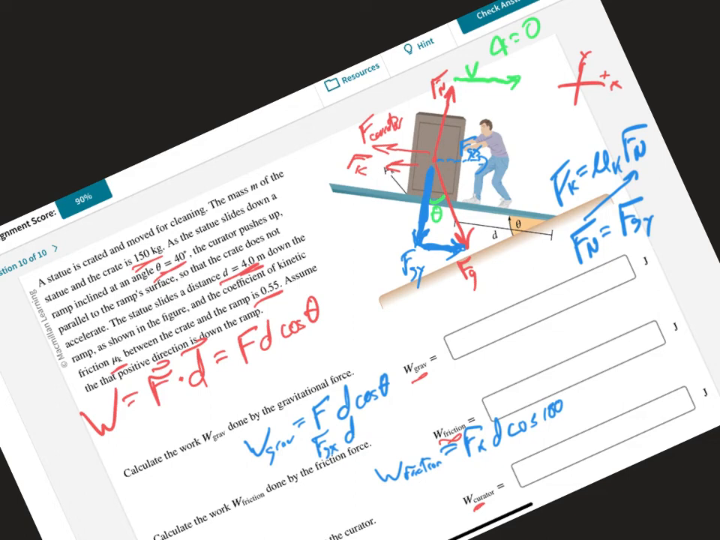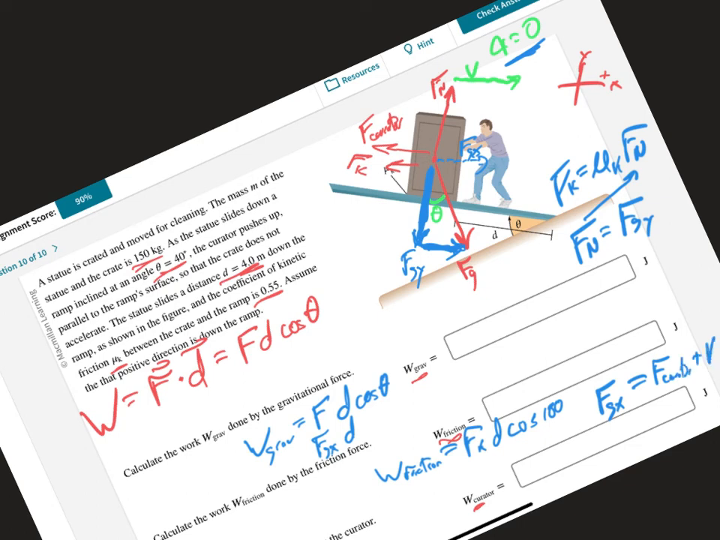Again, it's going to be 180 degrees, so that cosine theta term is going to become a negative 1. We have to figure out how much force the curator is applying. The key here is that the net force is 0 because the acceleration is 0. So in the x direction, F net equals m times a, so F net equals 0, which means the stuff going in the positive direction is going to equal the stuff going in the negative direction. So the force in the positive direction is Fgx. And that's going to equal the force in the negative direction, which is F of the curator